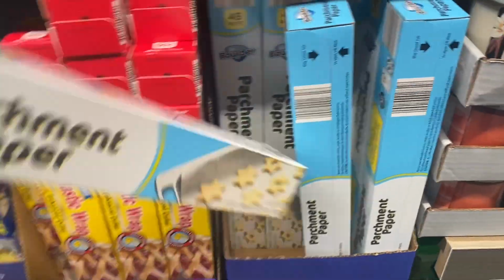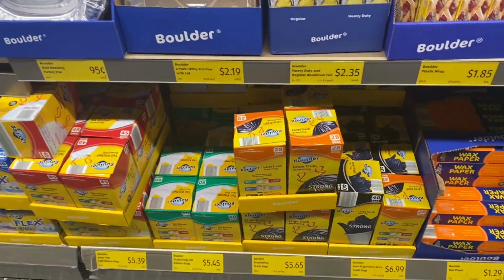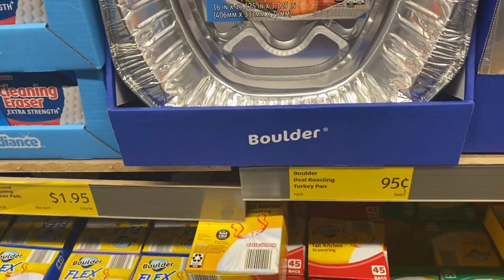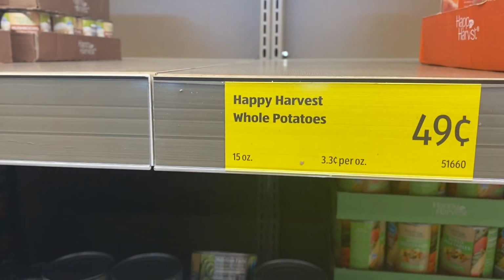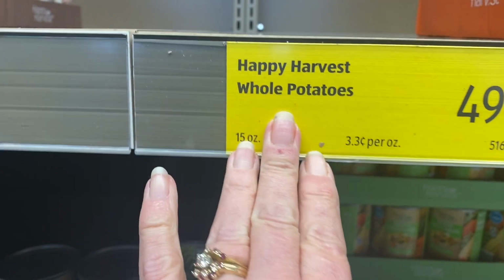I would also recommend, guys, check your aluminum foil, your parchment paper, things you need for baking as well. Looks like they have turkey roasting pans if you need one, $1.95. Not too bad. I like to have a variety of dehydrated, frozen, home canned, as well as store purchased, and